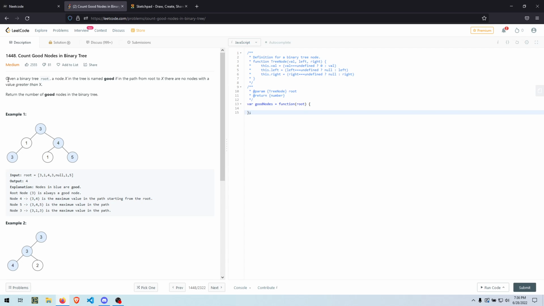Given a binary tree root, a node x in the tree is named good if in the path from root to x there are no nodes with a value greater than x. Return the number of good nodes in the binary tree. So what the question says is that if a node doesn't have any greater number above it up to the root, then it is a good node,